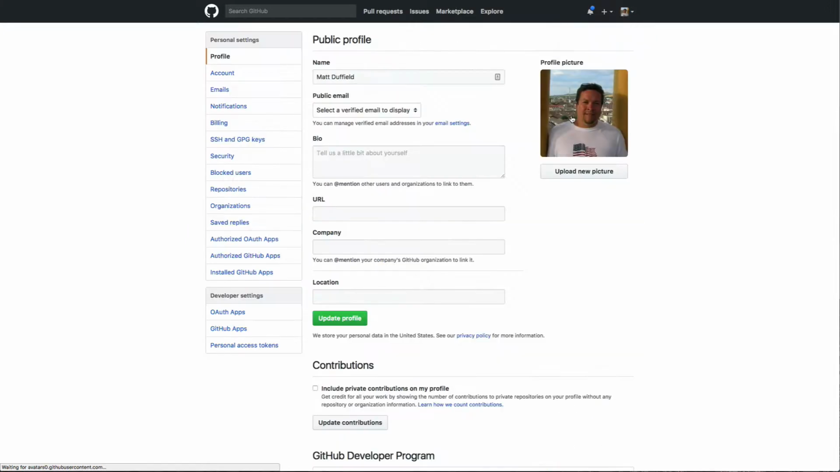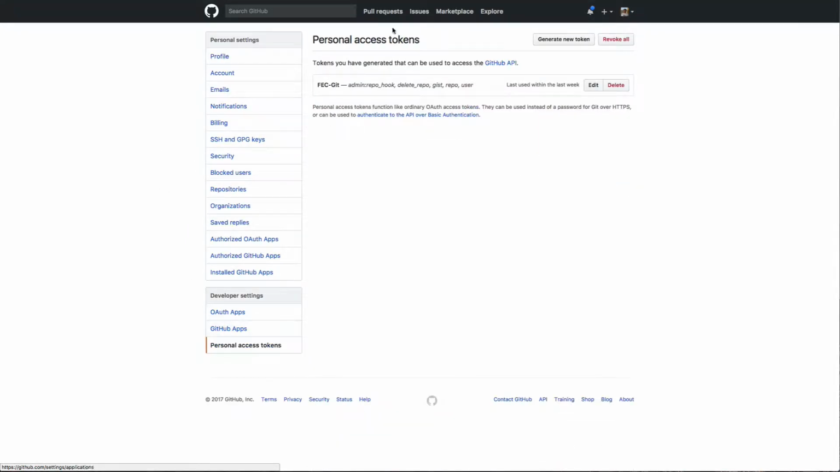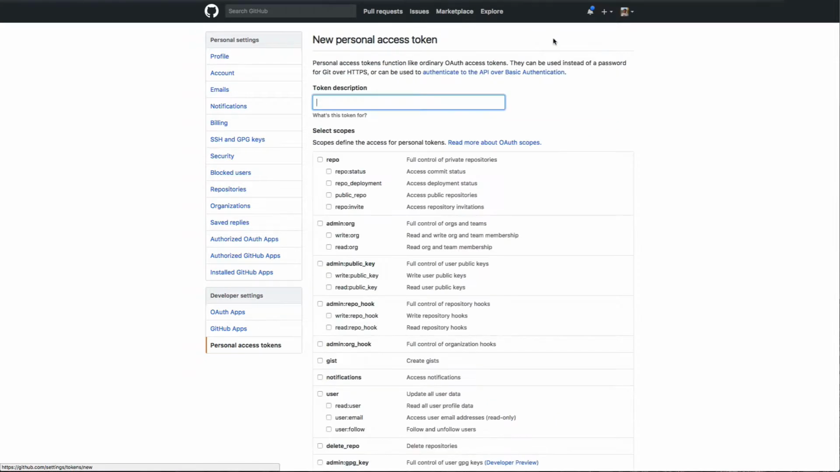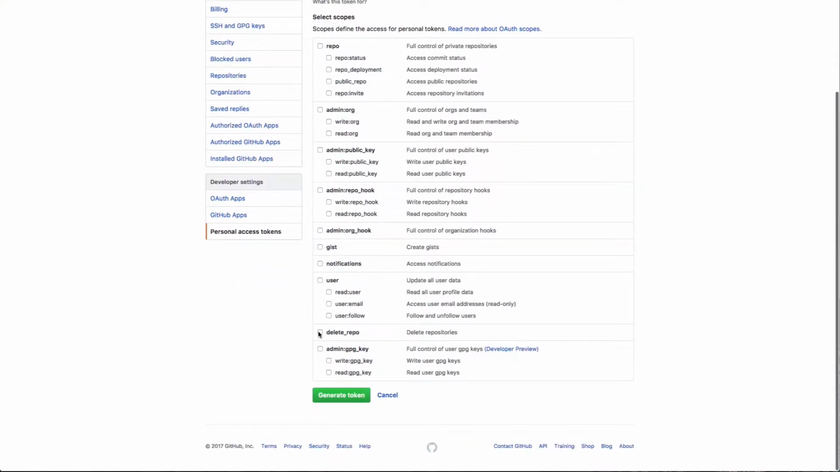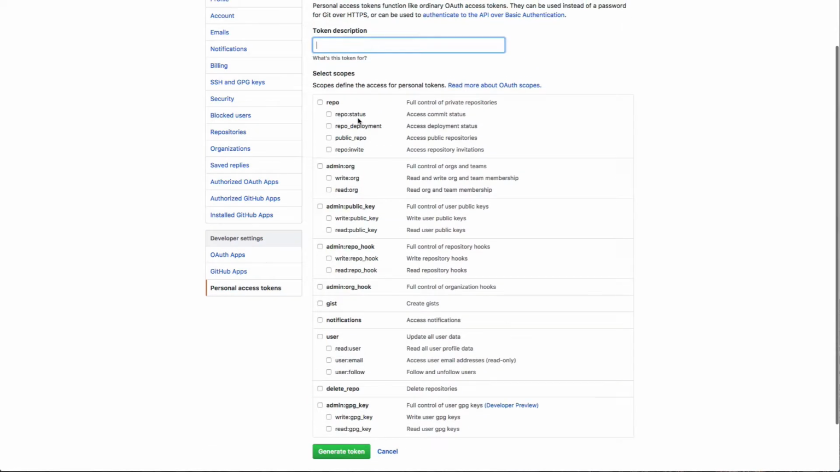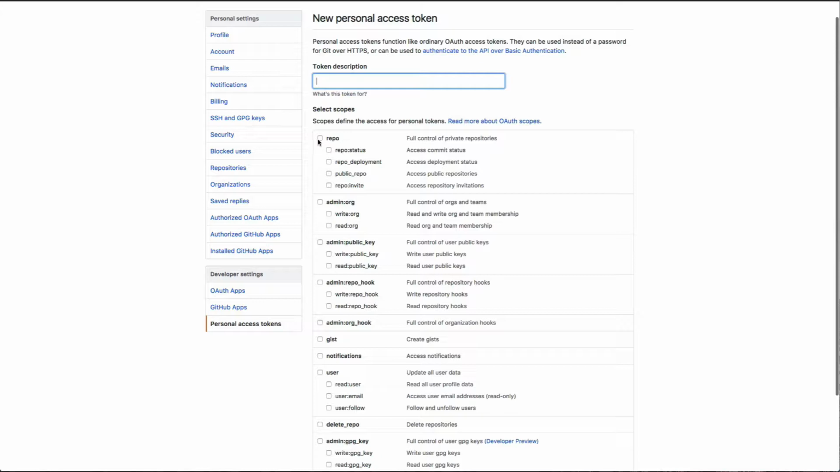If you go to settings, and then you go down here to personal access tokens, and I have a FrontEnd Creator Git personal access token, but you can create a new token and give it a name. What FrontEnd Creator really needs is the ability to manage your repos, as well as, if you want delete, it has the capability of deleting them. Obviously you can do other things, but this is really all it's trying to do, just manage the